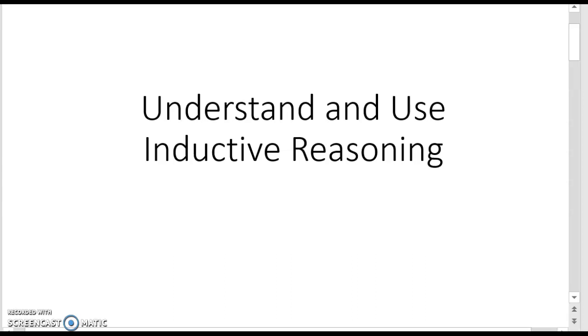Going to do a little thinking and talking about inductive reasoning. So, understanding and using inductive reasoning. Now, first things first, what is inductive reasoning? Inductive reasoning is simply using information that you have. Perhaps you can find a pattern, or you're using what you have in order to draw a conclusion. So examples that you see, and then saying, okay, if that's true, then this also must be true, kind of a thing.